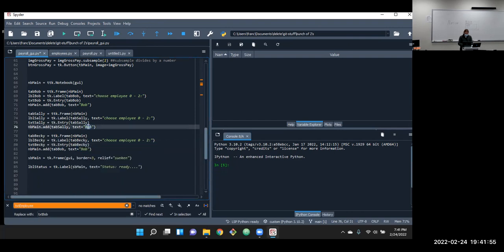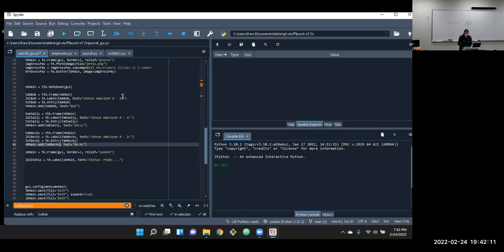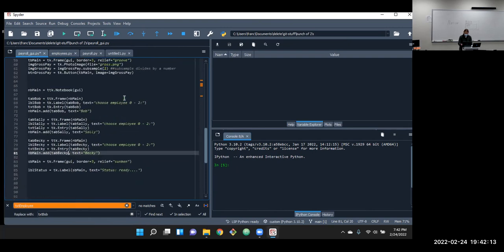Oh, change the text that goes on it. Change that. Might as well change this while I'm at it.